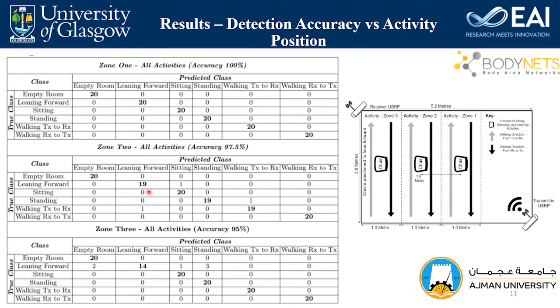As you can see, the leaning forward class was mistaken for sitting, similarly with the standing, which was mistaken for walking from TX to RX, and finally walking from TX to RX, which was mistaken for leaning forward. So it is a confusion matrix after all, so you can see the confusion here in some of the samples. And when we look at the second test, I'm going to shed some light on what possible reasons could be for this confusion. Similarly with zone 3, we ran the test and it gave about 95% accuracy with even more